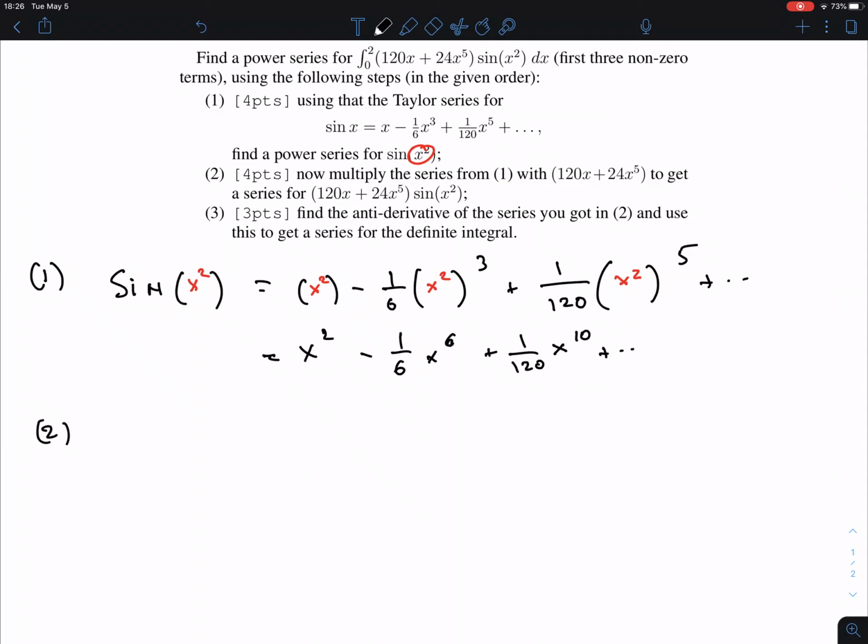Step two. Here again, some strange things happened, so let me work it out. What do we have here? Well, I gave you this polynomial, but of course that's a series, right? Polynomials are series. It's just a simple series, one without the dot dot dot, and you have to multiply this with the one that we just found,